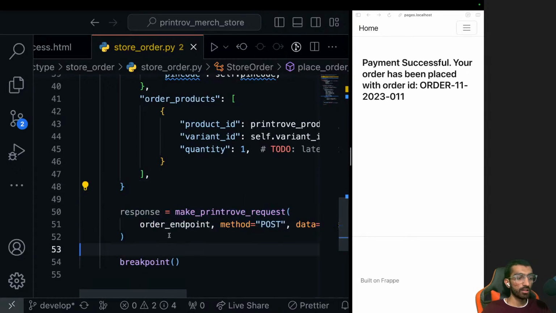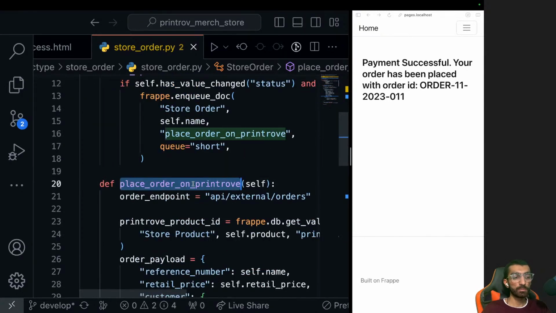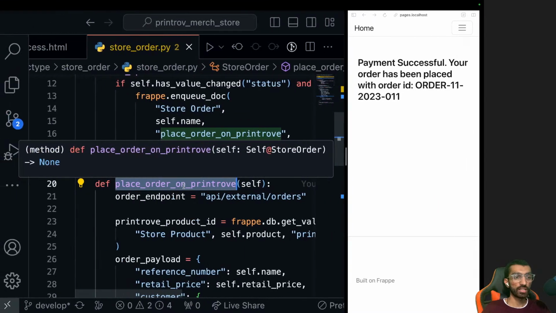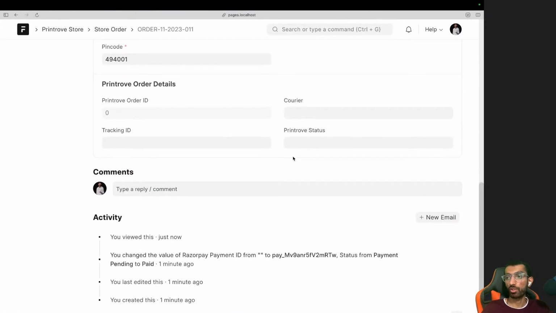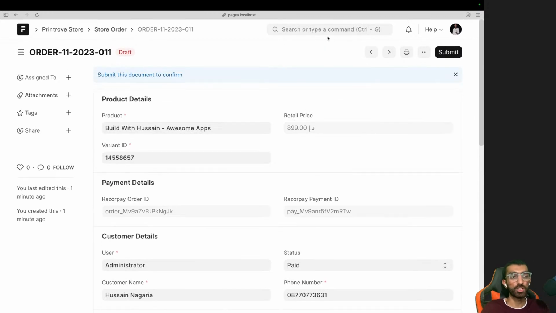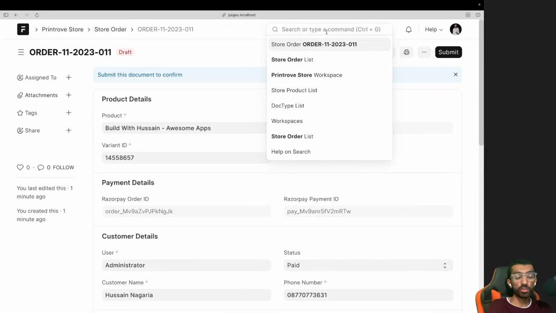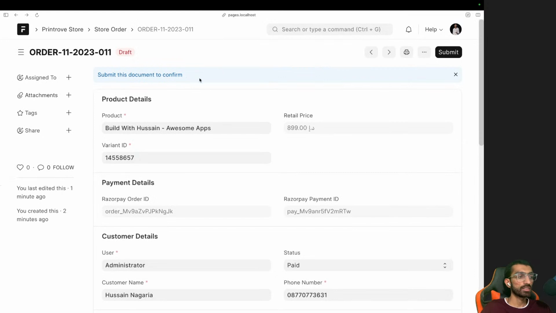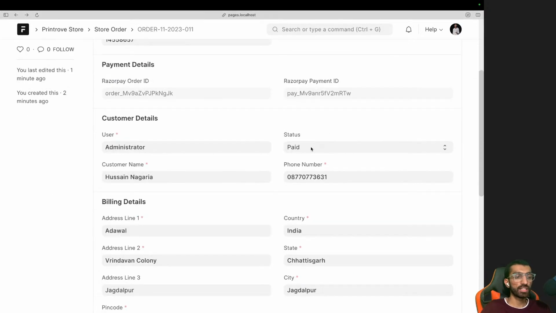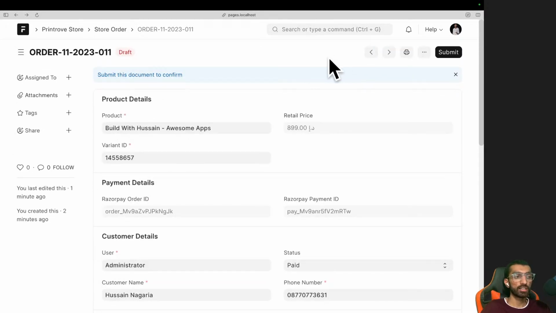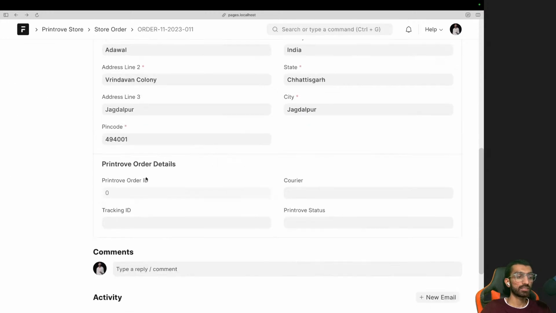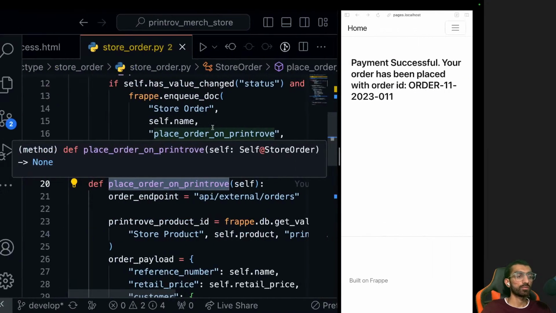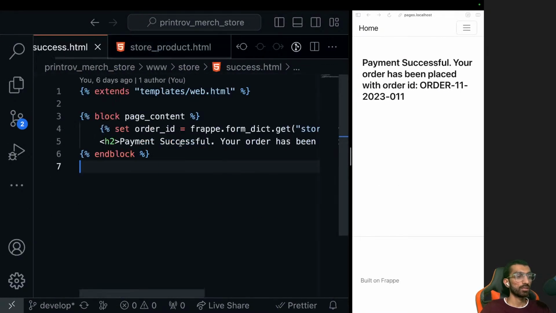And first of all, let's get a button to manually call this method, because we can't wait for the background job to finish. Maybe it failed and we will have to manually figure it out, right? Manually trigger it. And so this will be a similar pattern to Printrow settings, right? Sync products now. So we'll say if it is in paid state, we'll try to add a button here that probably says place order on Printrow. Okay, so